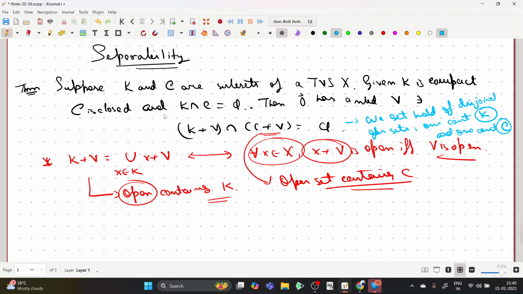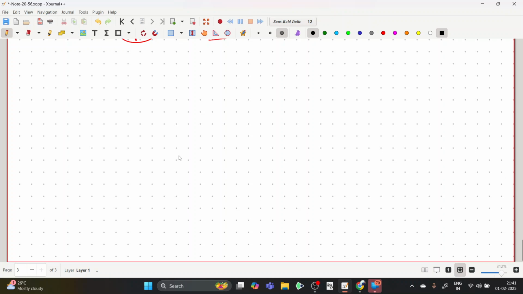So in some sense we are able to separate a compact set from a closed set. Both are initially disjoint, so we are able to separate them topologically. Topologically means in terms of open sets. Okay, fine. So if I talk about the proof of this theorem,